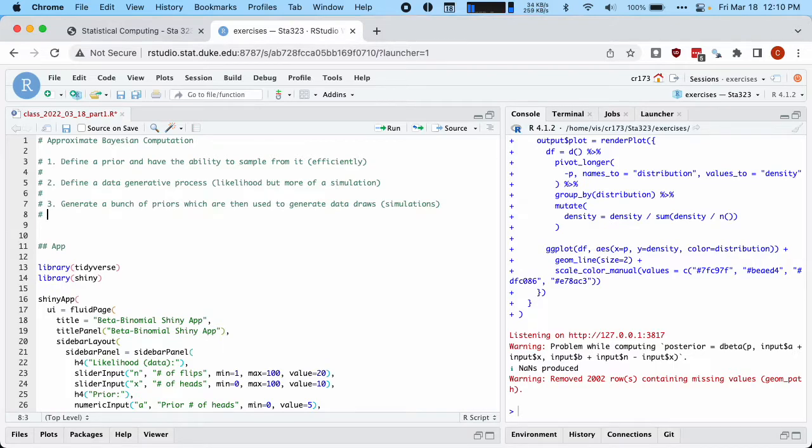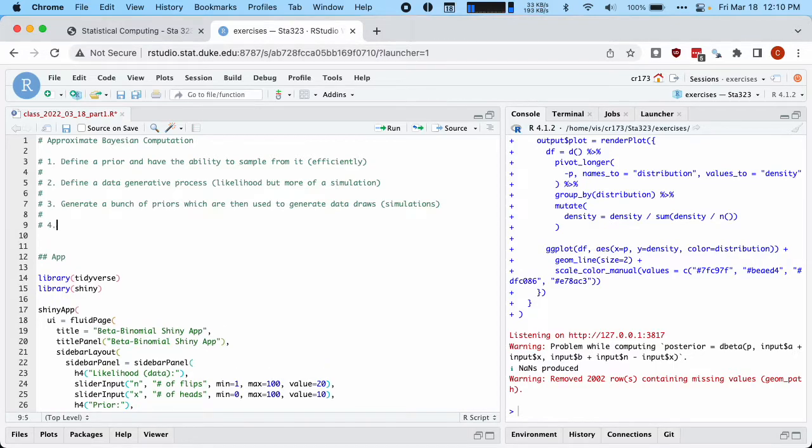And what we're going to then do is take all of those prior draws that I had to start with. So again, for each prior draw, I'm generating one observation of the data. For each of those prior draws, I'm going to go through them and filter them and keep only data draws